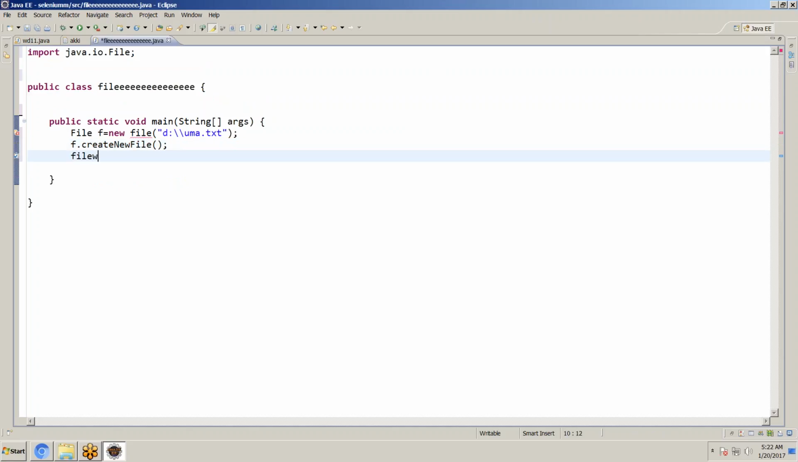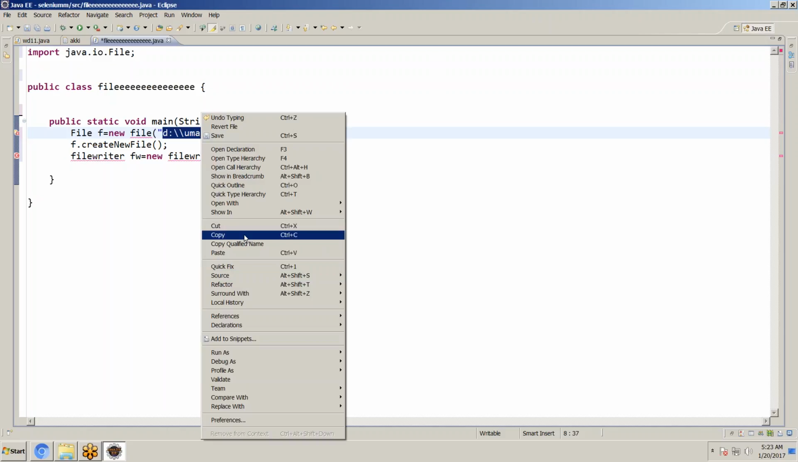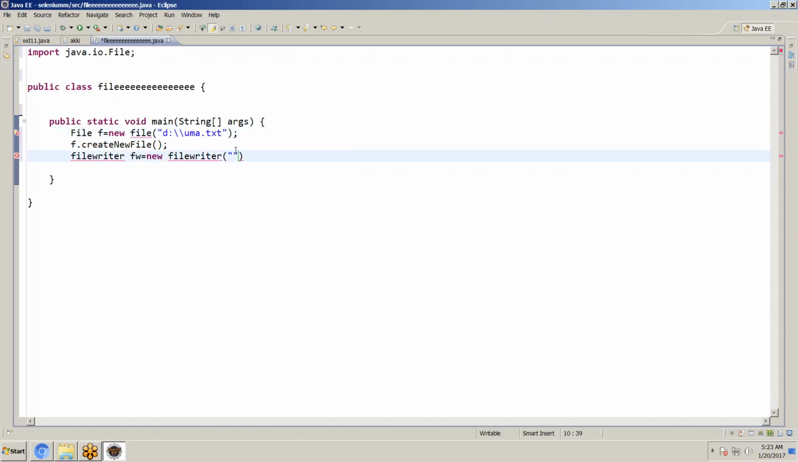File writer fw equal to new file writer, give the path. I'm giving the path, same path. Control V. Buffer writer,